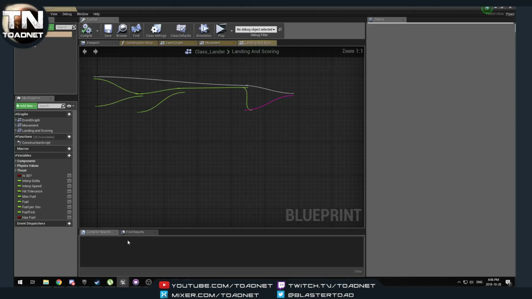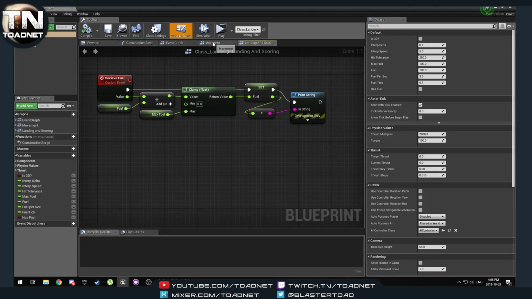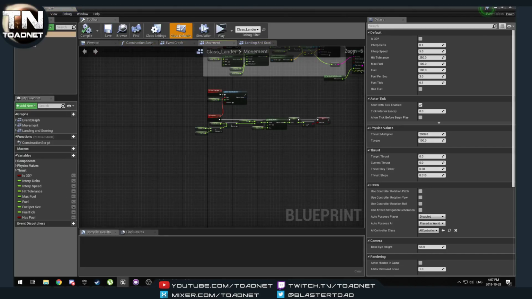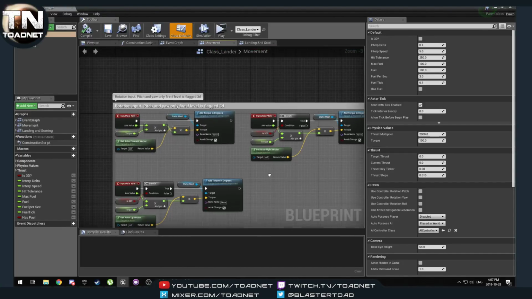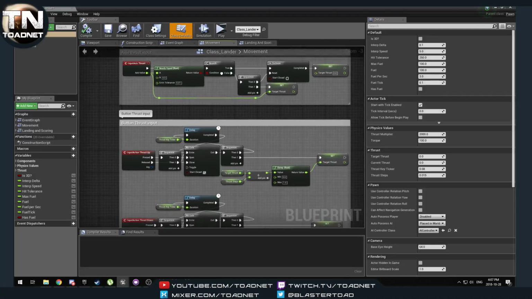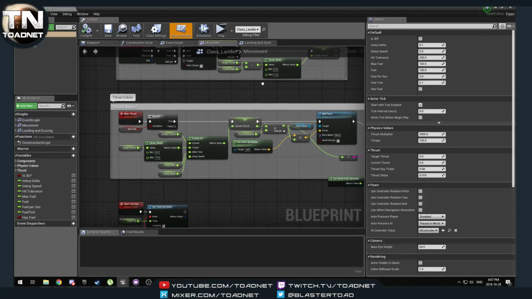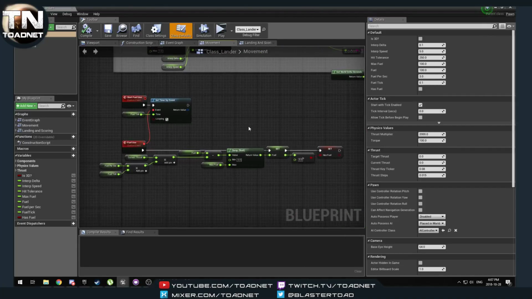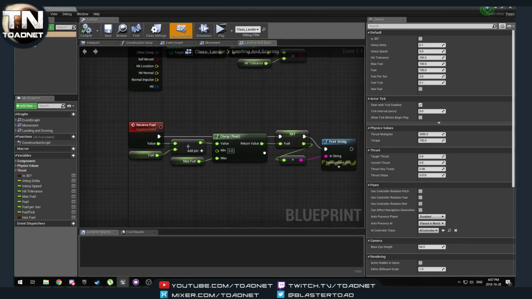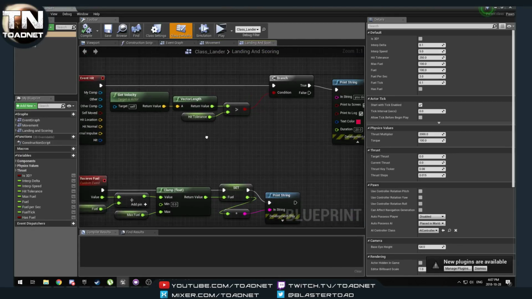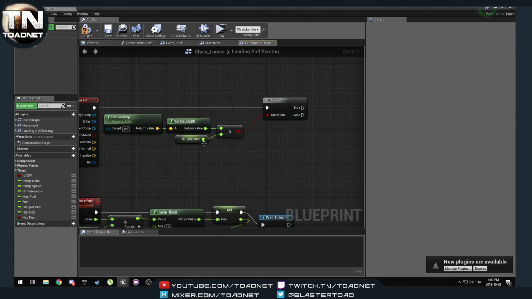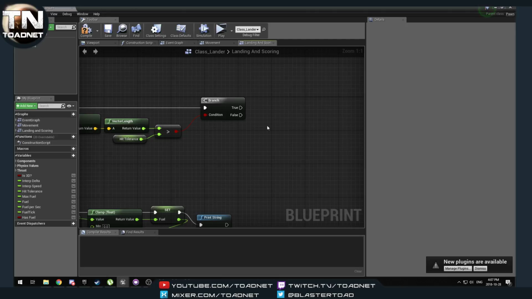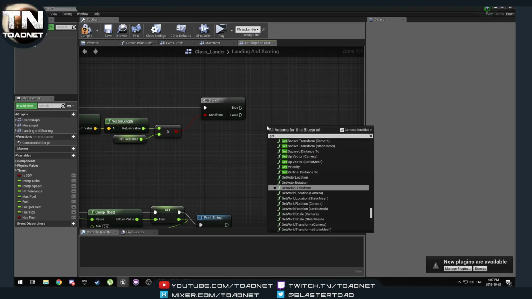And if we go to our lander, and we go to our movement, I think movement is where I have damage as well, right? To do this: movement, input, thrust, fuel use, landing and scoring. Event hit, okay, here's the you're dead. So if we hit with enough force, we are going to get